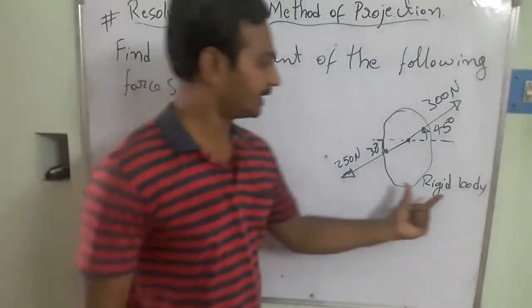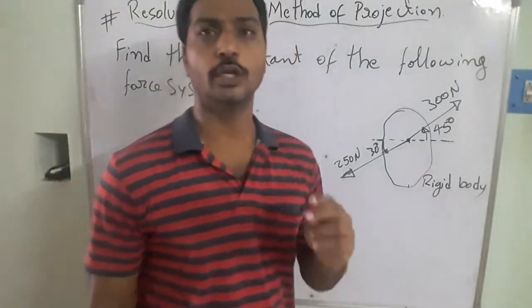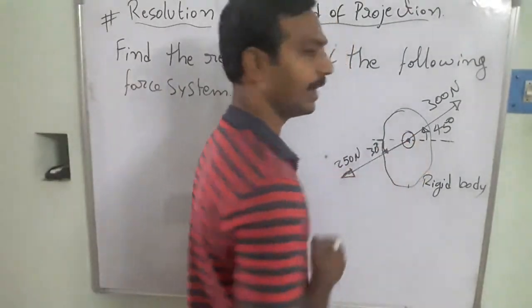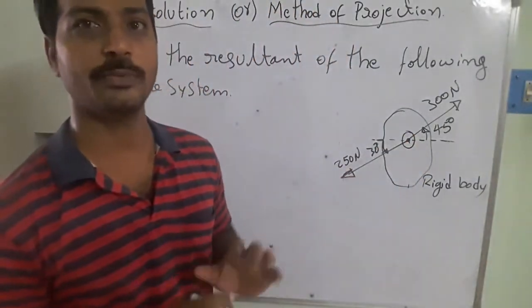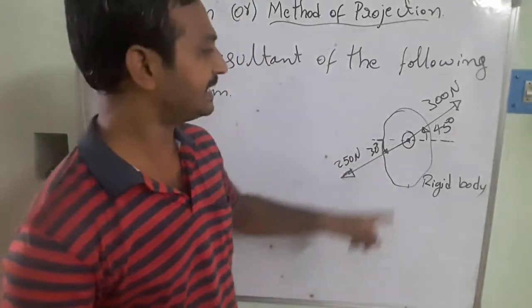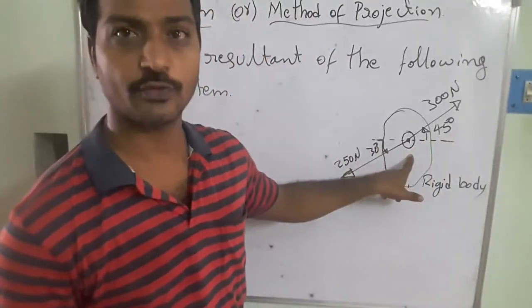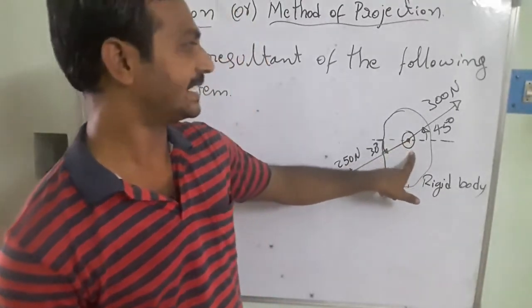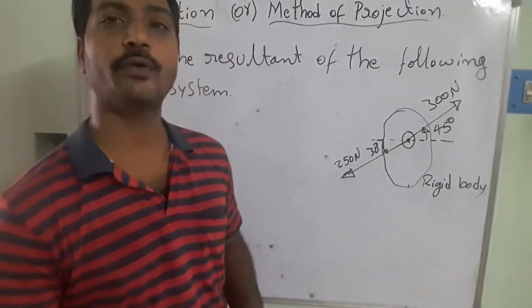So in this case the rigid body is going to be subjected to two forces which are passing through the same point. So this is going to be the common point we do have, that means the point of application is going to be the same, but the line of action is going to be a little different to each other. So that means these are going to become concurrent forces. So that means they are passing through the same point. So then we can say, how many forces do we have? We do have two forces.